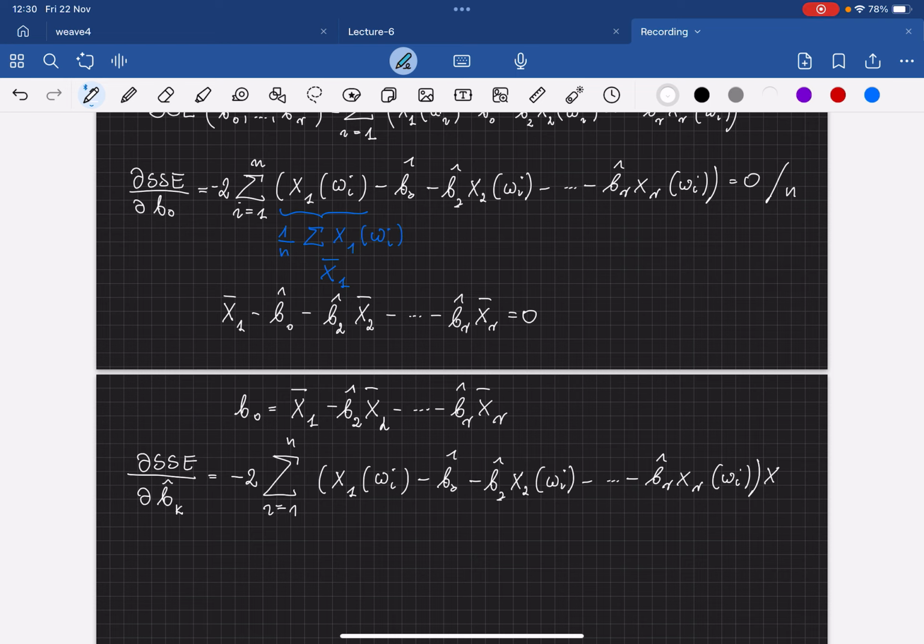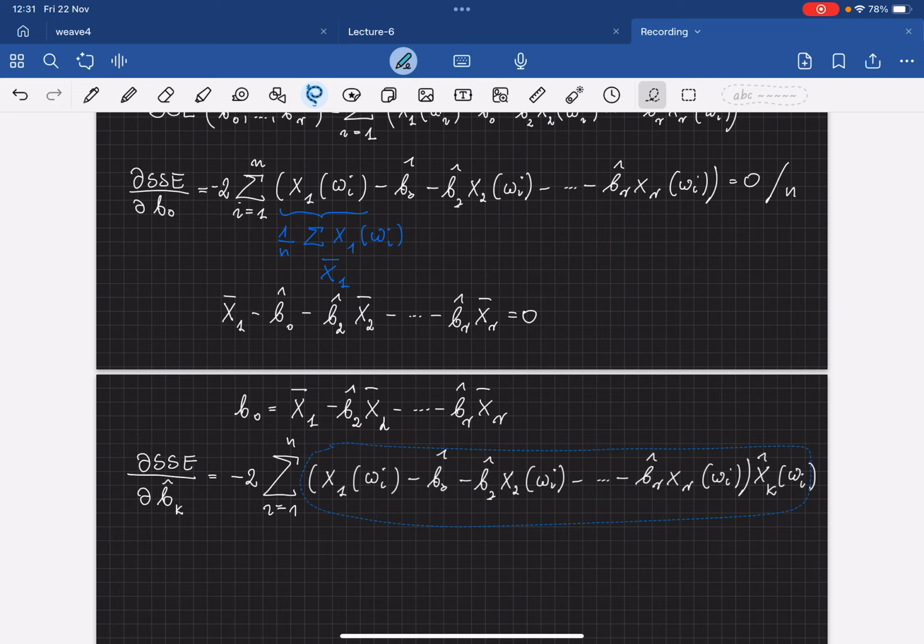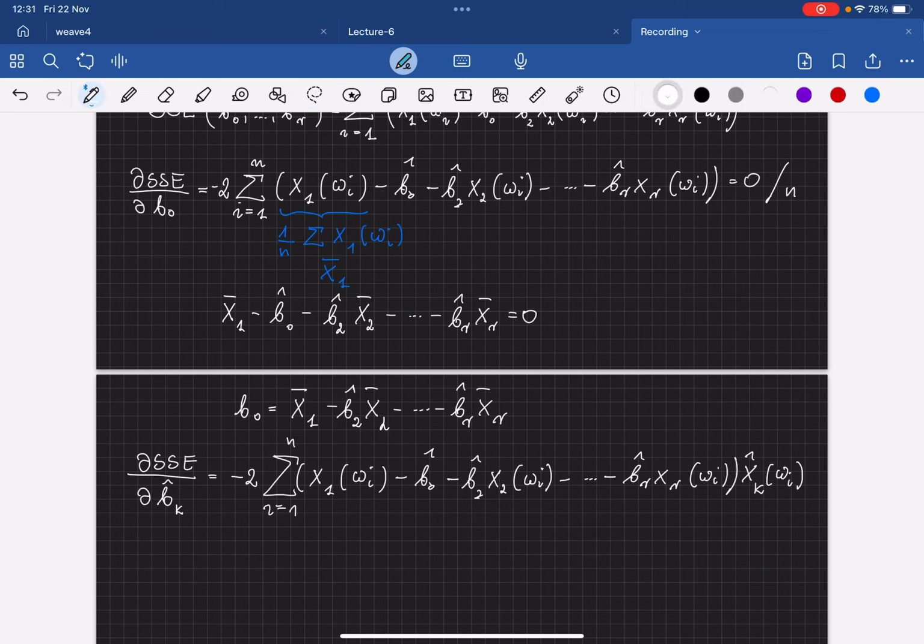So xk of omega i. Again, the condition is that this whole thing equals 0. Again, I can cancel this coefficient. Again, I can divide by n,